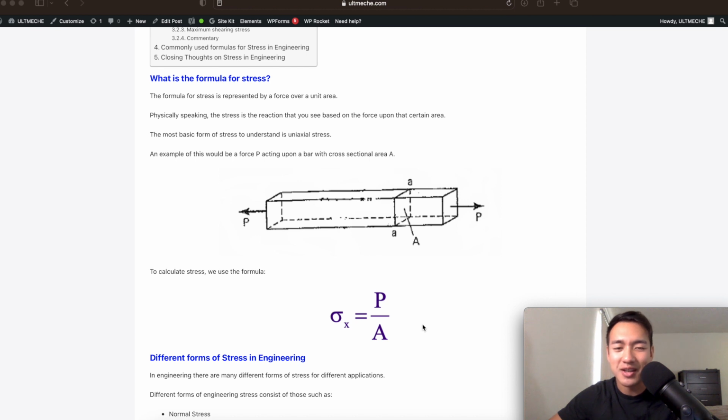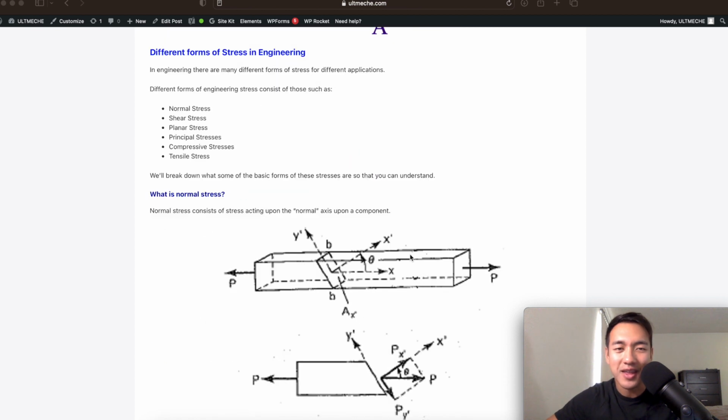In America we use units of PSI, KSI, and then we like to use pounds. We use kips because we're dealing with a lot of load in high performance applications. On top of stress, we're going to have so many different forms of stress, such as normal stress, shear stress, planar stress, principal stresses, compressive